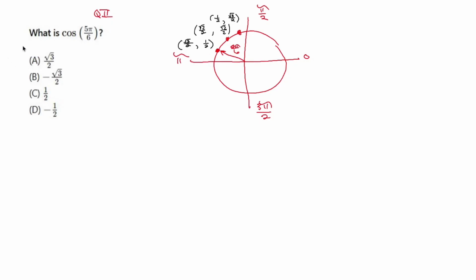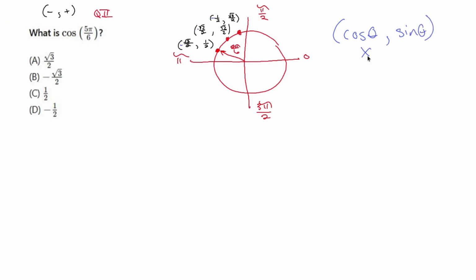Now, this is quadrant 2, which is the negative x value and the positive y value. So I'll make sure I throw negatives in front of the x values. Now, we're hyper-focused on this point right here. Cosine is the x value. Okay, so you have a cosine theta, you have a sine theta, and cosine is the x value,